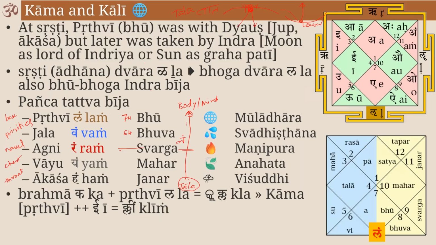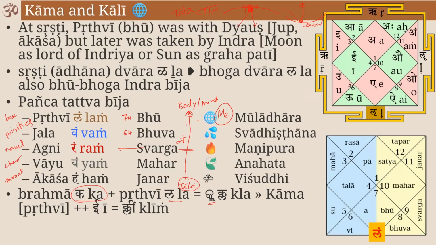Let us say I take the letter Ka, the first consonant. I add it to the Prithvi bija because I want the sound to come right down to heal my Prithvi Tattva. In order to do that, I have to add this La to the Ka to get a sound called Kla. Every time I make the sound Kla, it will go down to my Muladhara.